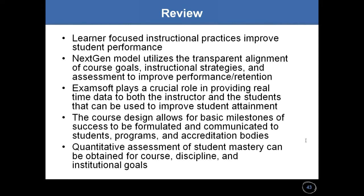So I just want to wrap up with a quick recap. We've incorporated some learner-focused instructional practices that have improved student performance. Our NextGen model is a transparent model where we tell the students exactly what we want them to know, and then we make sure that we give them the tools to succeed and can assess whether or not they have